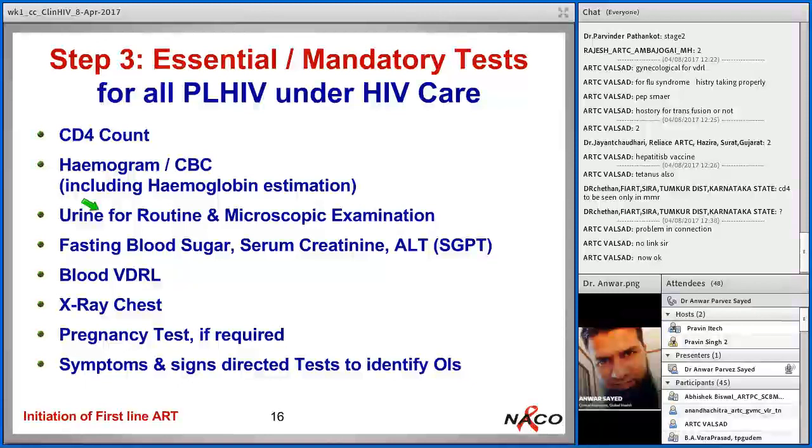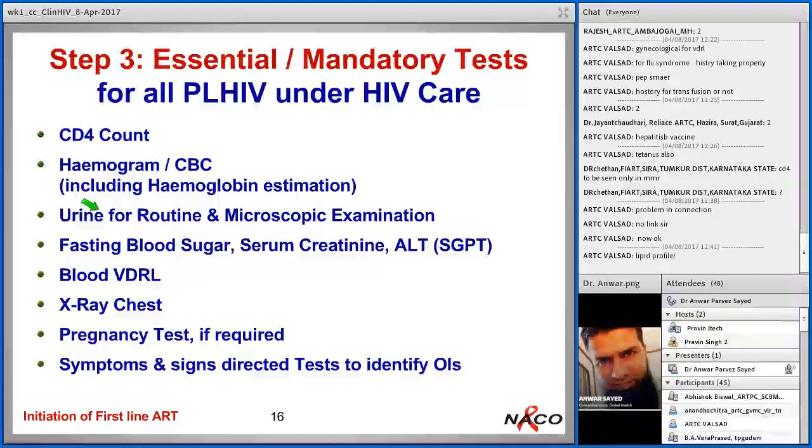This should never happen. All patients should go to the medical officer and should be examined in detail before they go to the lab for the investigations. And the doctor should advise the investigation. Though it is a stamp, let the doctor put that stamp, because then it means a lot to the patient. Talk to them properly. New patients, give them time. See, there is an increasing problem of loss to follow-up.